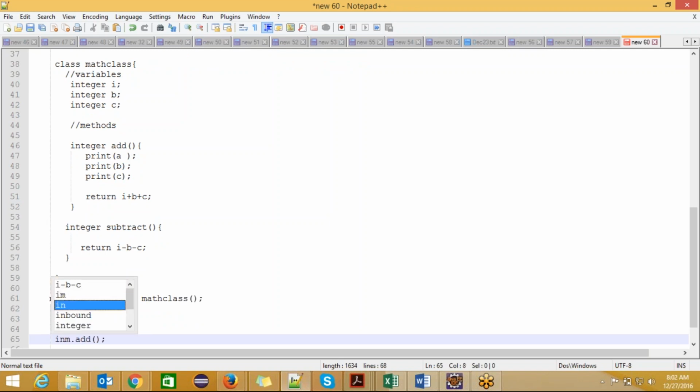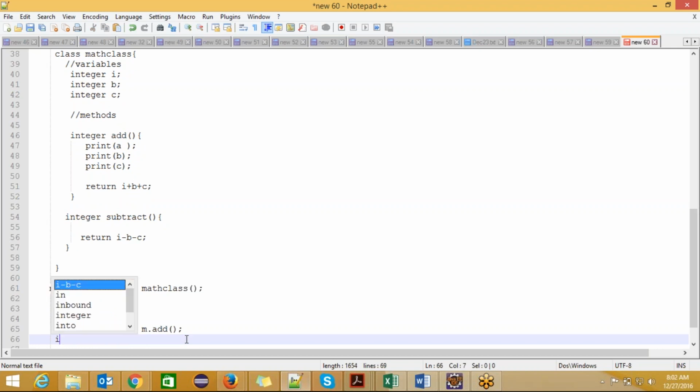It's returning my integer, so I need to assign it to an integer variable, result. So what this add method will do, now it will take a as 1, b as 3 and c as 4, and it will add all those values and give me a result. In the same way I can call